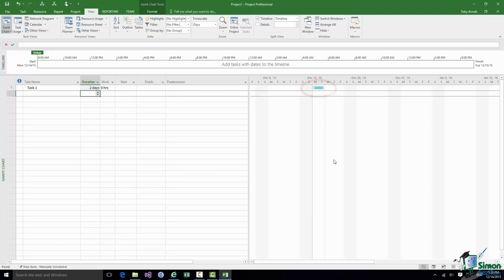Now there are various things about that bar in terms of its color, its ends and so on that each have significance, and we're going to talk about those later on. But basically as we start to build up a schedule, we'll build up entries in the table on the left, and each of those will be represented by a Gantt bar or other appropriate symbol in the chart on the right.